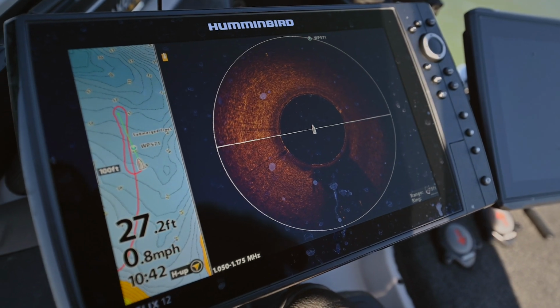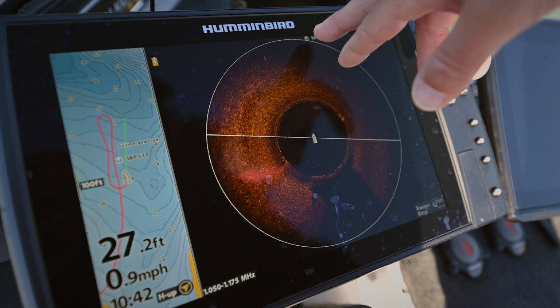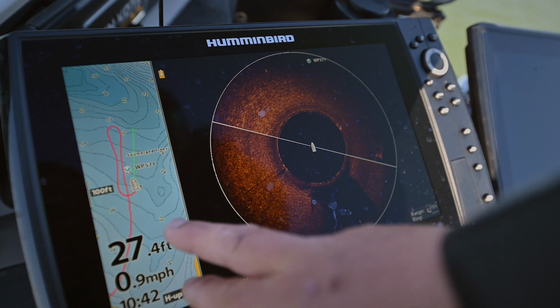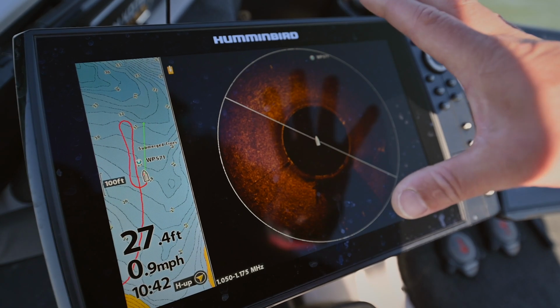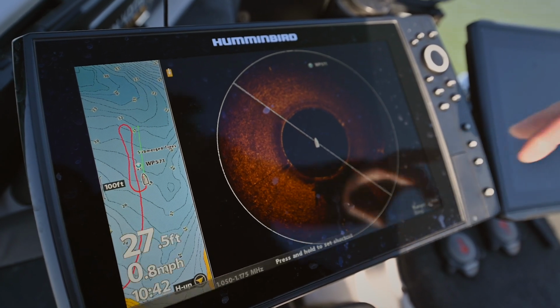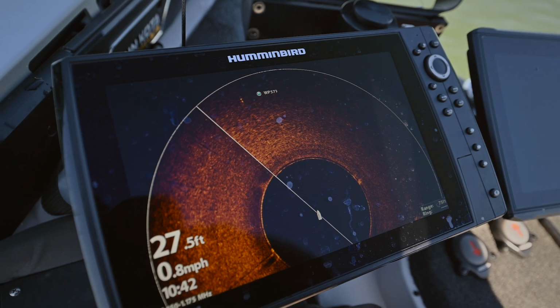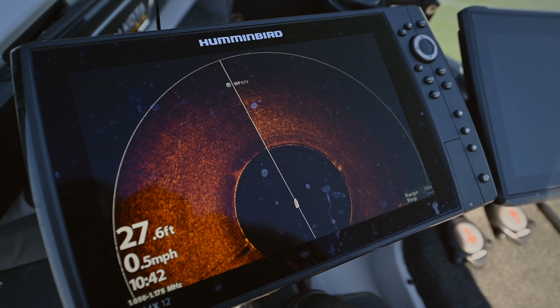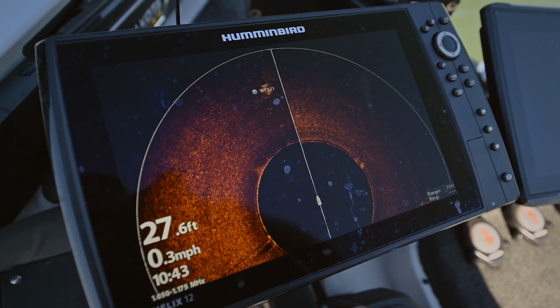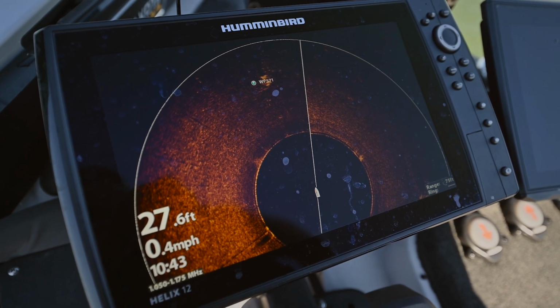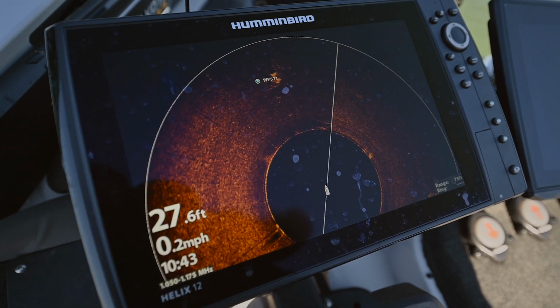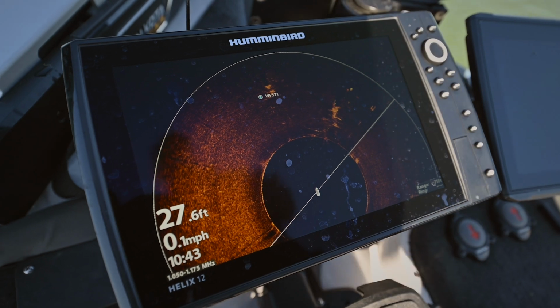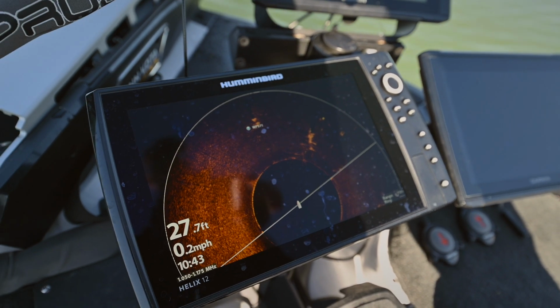So now you're going to see there's my waypoint of the object I marked on my 360. And there it is on the map. Once I get it in view of the 360, what I like to do is go to a half screen view to give me a fuller picture of the 360. Now you see that waypoint is directly on top of that brush pile, or in this case it's a tree. I know where that is,